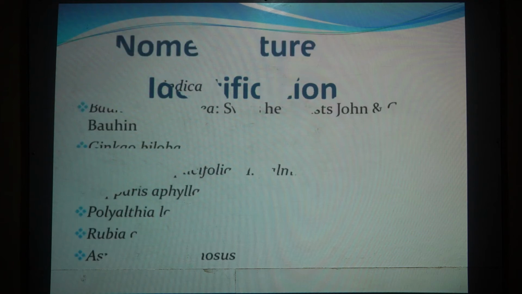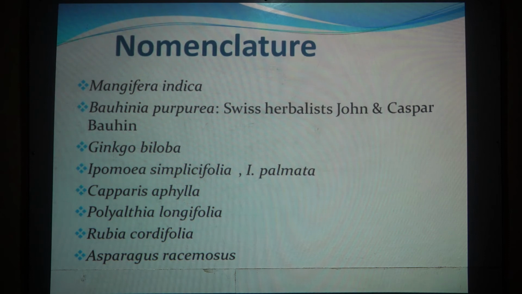Next, importance of morphology in nomenclature. So what is nomenclature? Nomenclature means giving the name to the plant. In taxonomy, binomial nomenclature is followed. Binomial nomenclature means the first name is always the genus and the second name is always the species. This means every plant has 2 names. First is the genus name and another one is the species name.